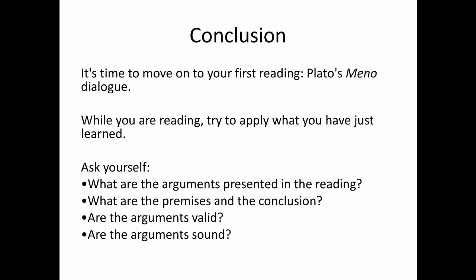Now, this will be a little more difficult in Plato since he writes in the dialogue form, and sometimes it's pretty hard to figure out exactly what the author's intention is, but it might be a little bit more clear in other readings. But the focus would be on what is the author's argument? What are they trying to persuade the reader of? What's the conclusion that they're trying to put forth? And what are the premises? What reasons do they give for this conclusion?